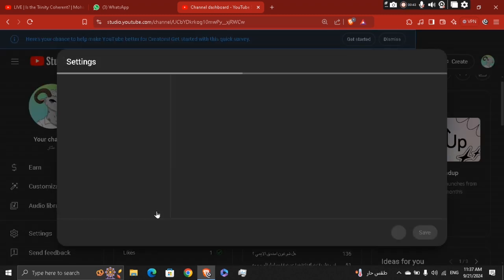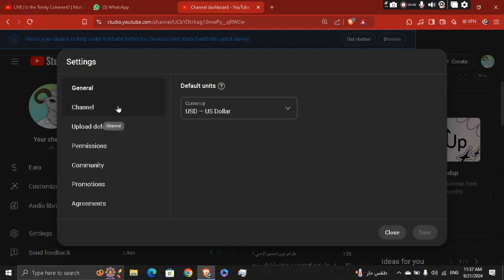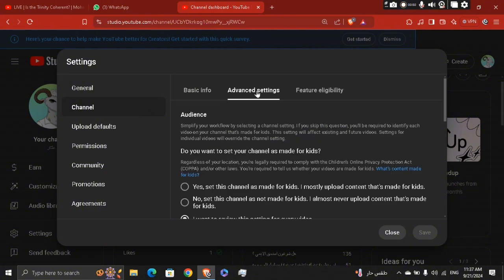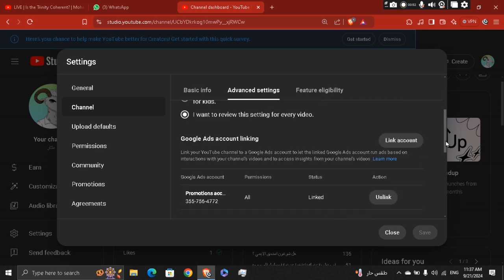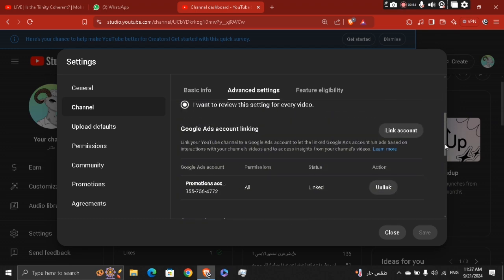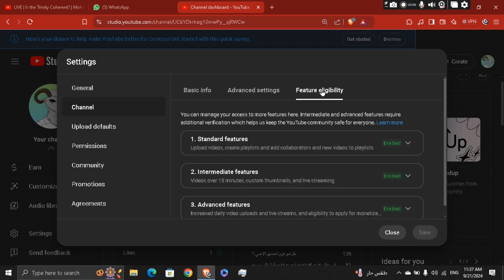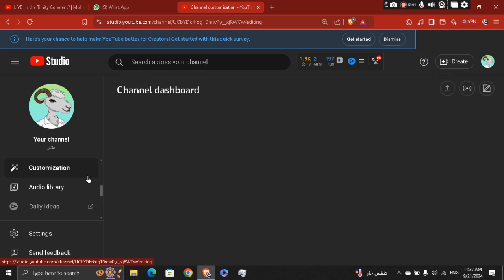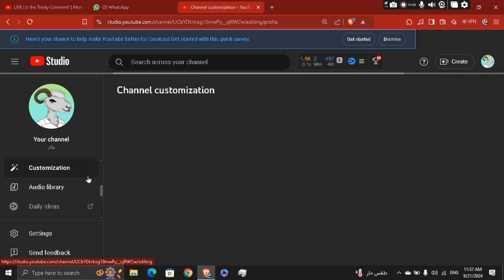You're gonna see channel right here, and you're gonna be able to see basic info and advanced settings. And this is basically your account settings. Basically close right here, and you're gonna be able to see customization right here. Click on it. You're gonna wait for a few moments right here, and you're gonna be able to see your